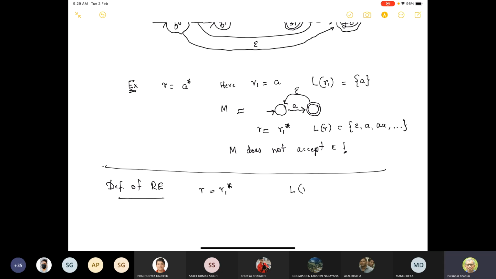The language denoted is L(R) equals L(R1) star. This is part of the inductive definition